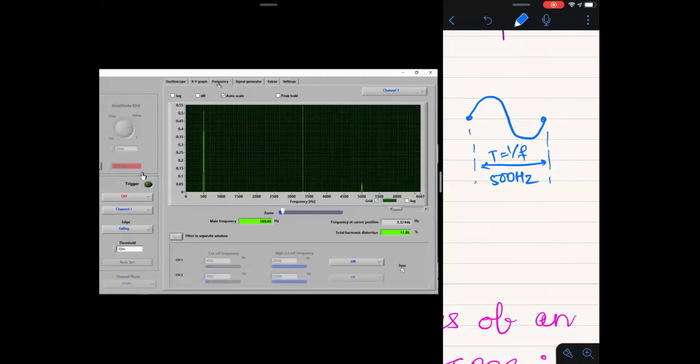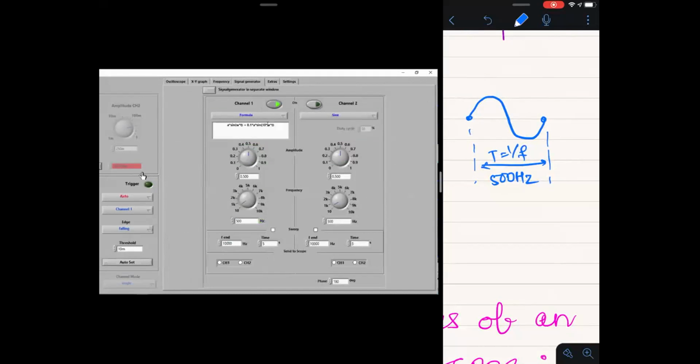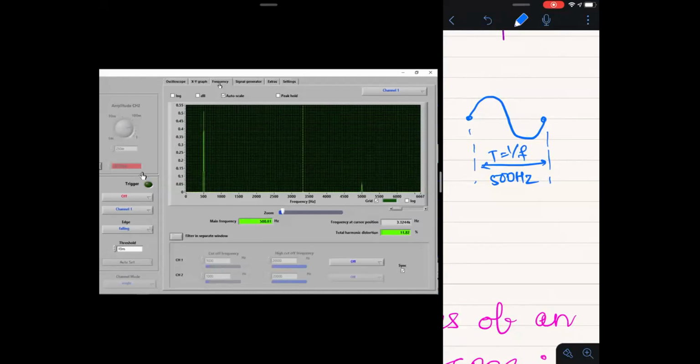If you have any other noise, then also you can see it here on this screen. Basically this is what I wanted to show you. So I think today's session is over.